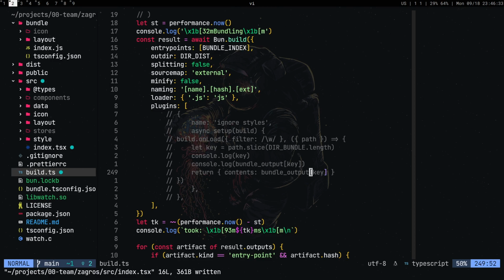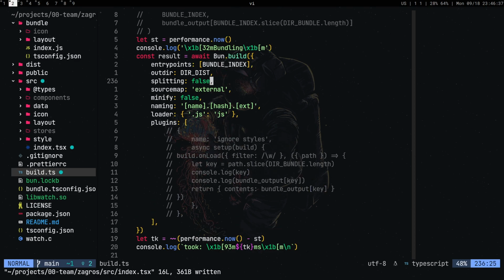It's kind of a bummer, but it is what it is. The Bun API, when I was working with it, is not really amazing. You know what I mean? It's a very immature API. But yeah, overall,